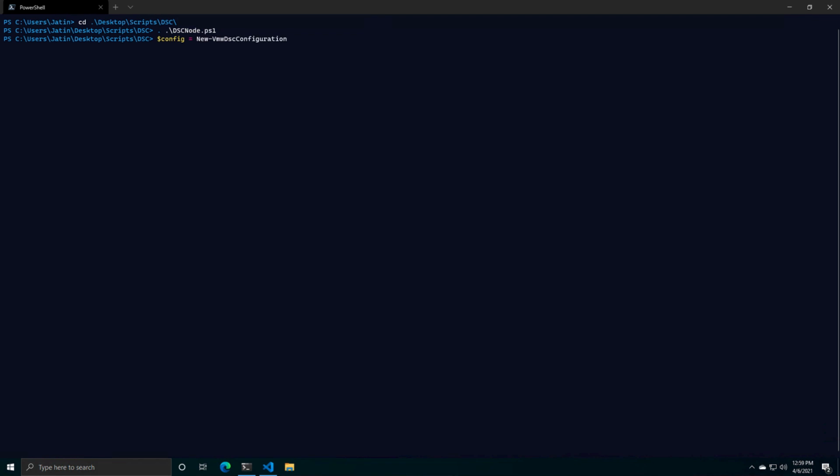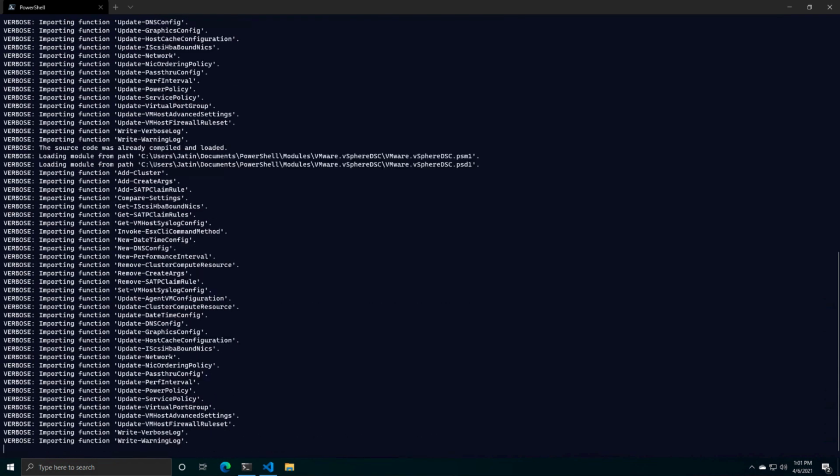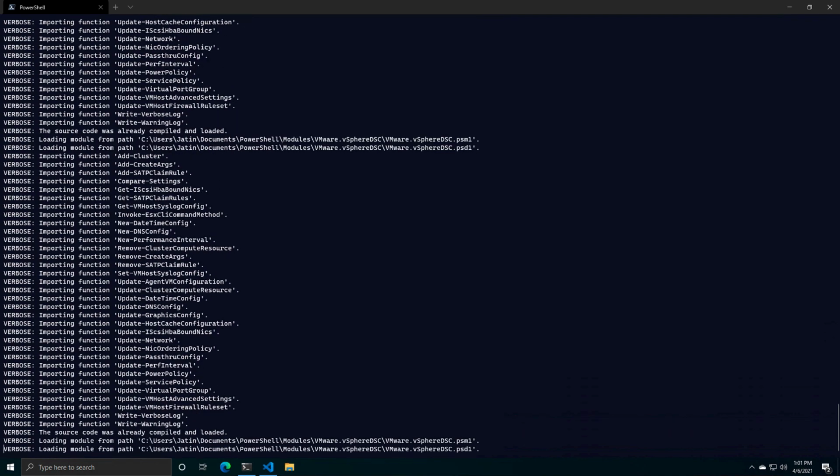So now let's execute the new VMware DSC configuration. Provide the configuration to the path parameter. In this case, the configuration document is dscnode.ps1, and assign this cmdlet to a config variable, and then pass that config variable to Start-VMwareDscConfiguration. So instead of passing a MOF file in case of the PowerShell LCM engine, in this case we are just passing a PowerShell object, which is basically a PowerShell variable containing the configuration document.